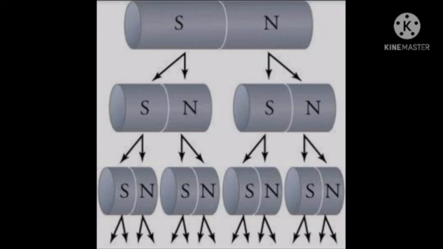However many times you break the magnet, it will form a new magnet. You can see at the top there is one big magnet. You cut it, it becomes two magnets. If you cut again, it will become four magnets. So as much as you cut, it will automatically form its south and north pole. Understood? So if a magnet is divided into two parts, two independent magnets are formed. It means that the two poles of a magnet cannot be separated from each other.